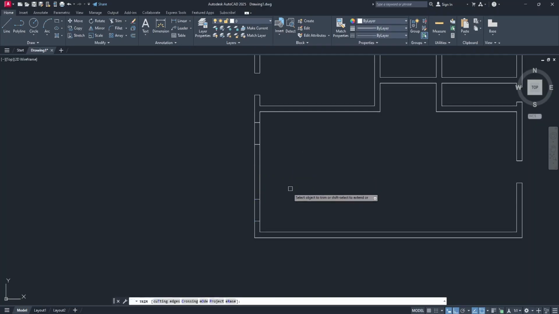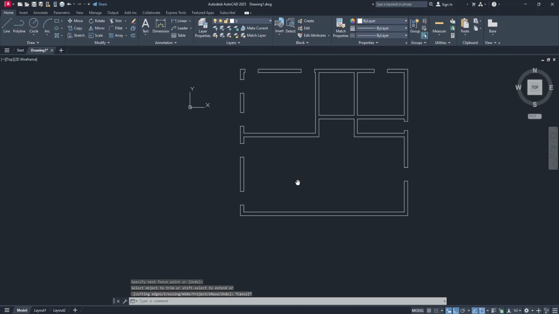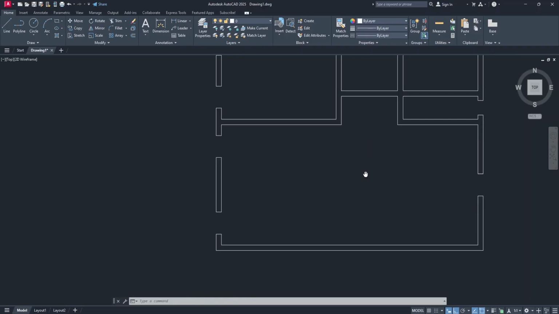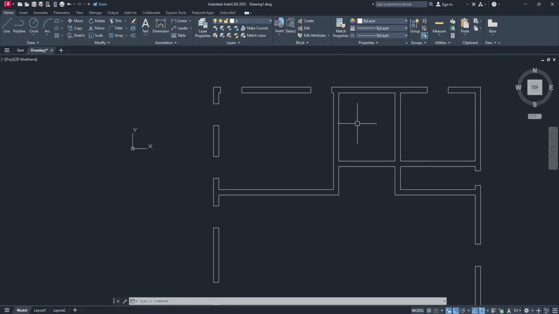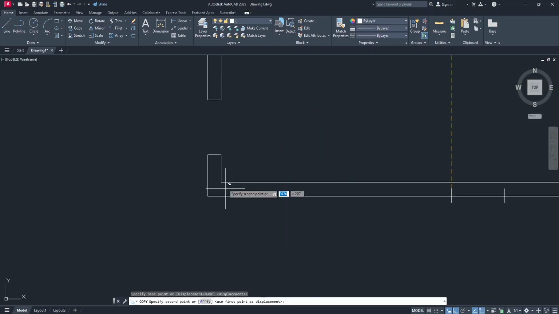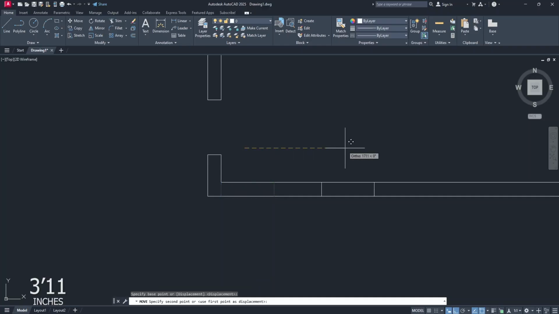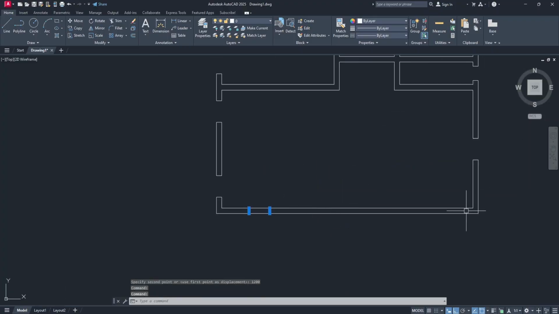Now simply trim this portion, press the escape key, and lastly for the remaining 3 windows, let's copy 900 horizontal opening, select this line and this line, click on copy, click on the top endpoint and drop it to this top endpoint. Click, press the escape key, select this one and this one, select move, click once, point to this direction and type a distance of 1200 millimeters, press enter,